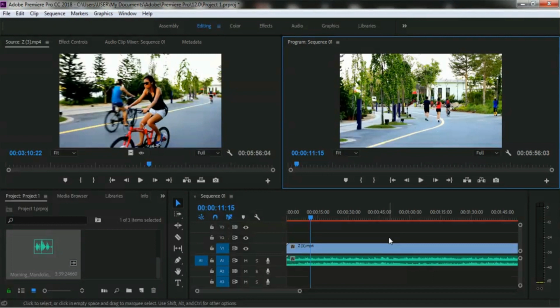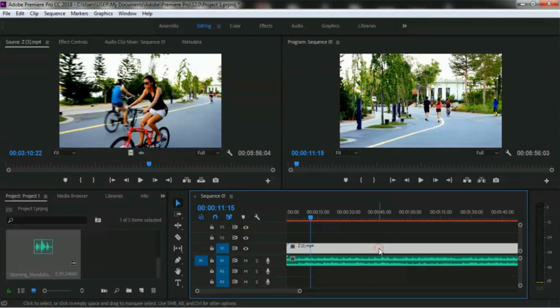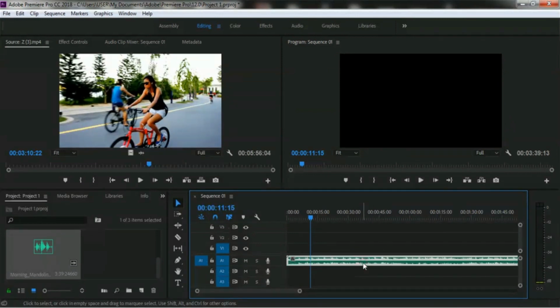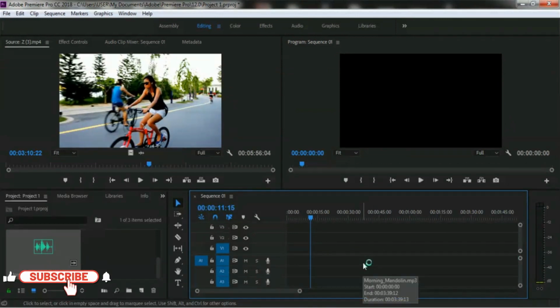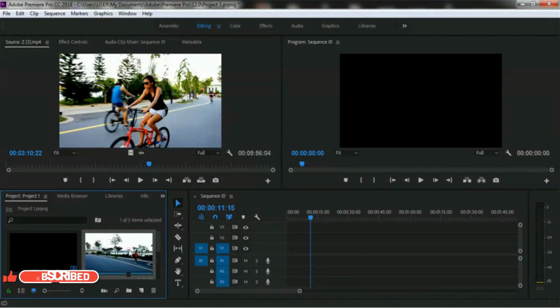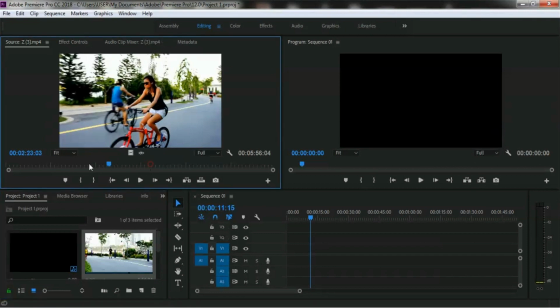So I just used a way how to remove an audio clip from a footage, and there is another option how you can remove the audio clip from a footage and you can add a new audio clip in that same video clip, and let me show you. So I am removing this video clip and audio clip from our timeline, and let me select this file and I am selecting